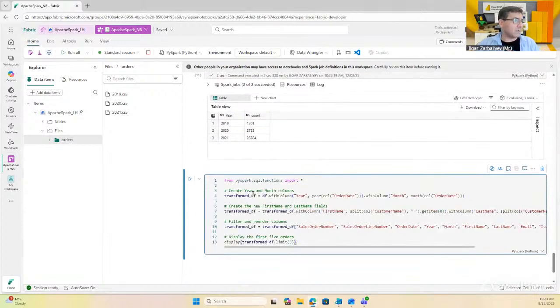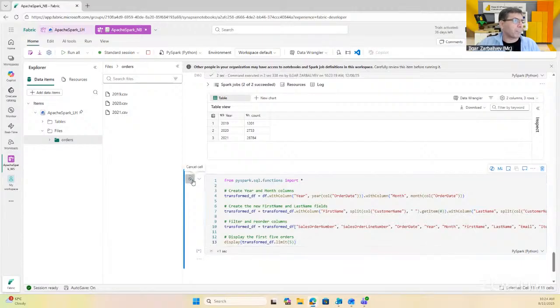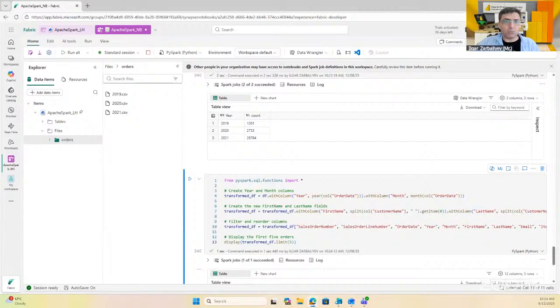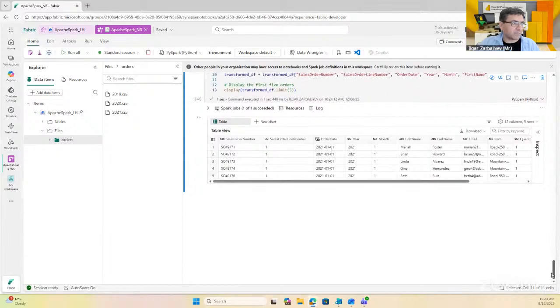And here we create year and month columns. We create the new first name and last name fields. We filter and reorder columns. And at the end of the day, we display the first 5 orders. So let's run this code. So we will be seeing that